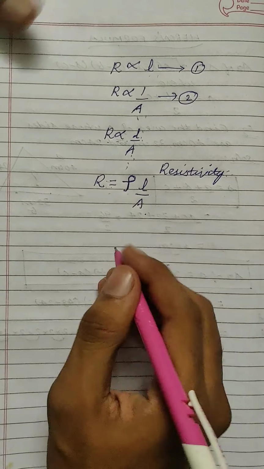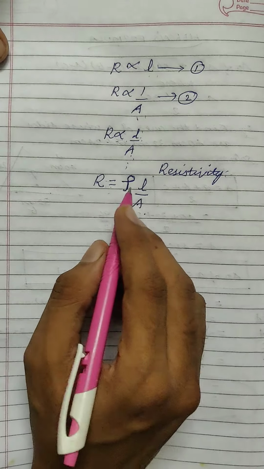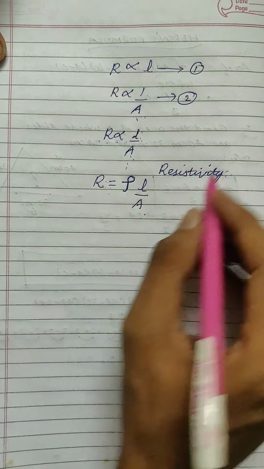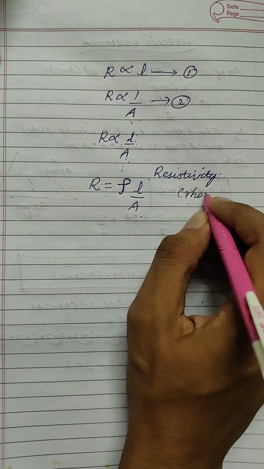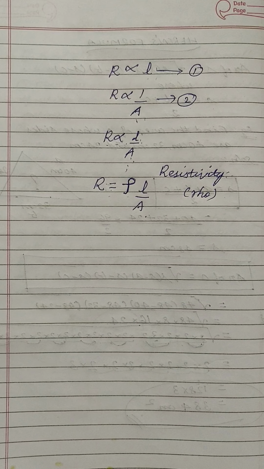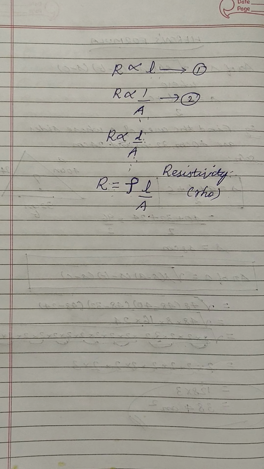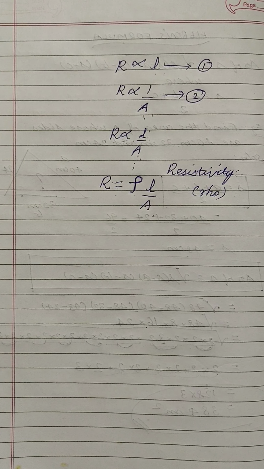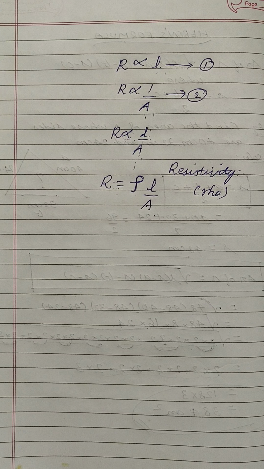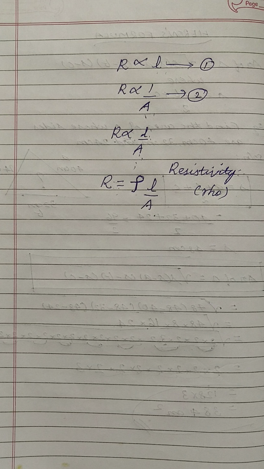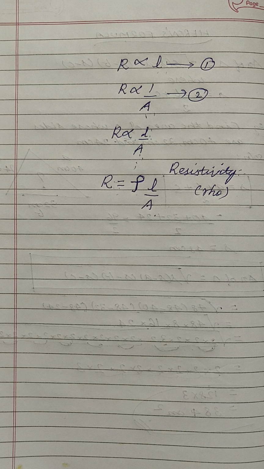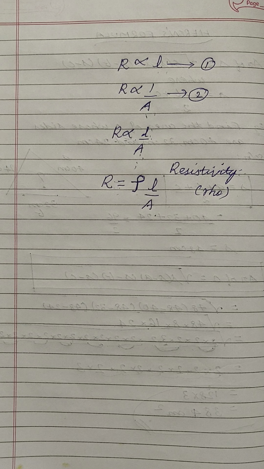Now this resistivity has a unit. It is represented as rho, RHO, but it has a unit. So how to bring about the unit? But before that, you should know what is the meaning of resistivity, isn't it? Now you know what is the meaning of resistance. Resistance is the property of a conductor to oppose the flow of charges inside it. So when charges flow through a wire, the conductor itself has a property to oppose it to a small extent. If it is an insulator, to a large extent. That property is called resistance.